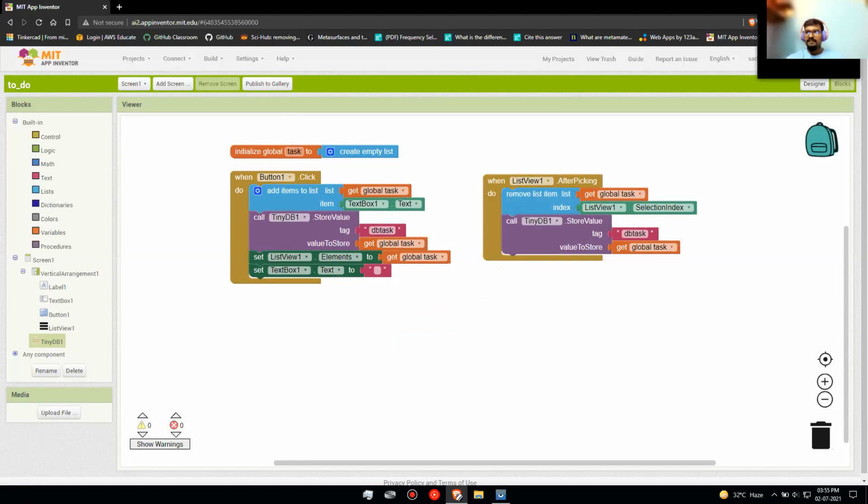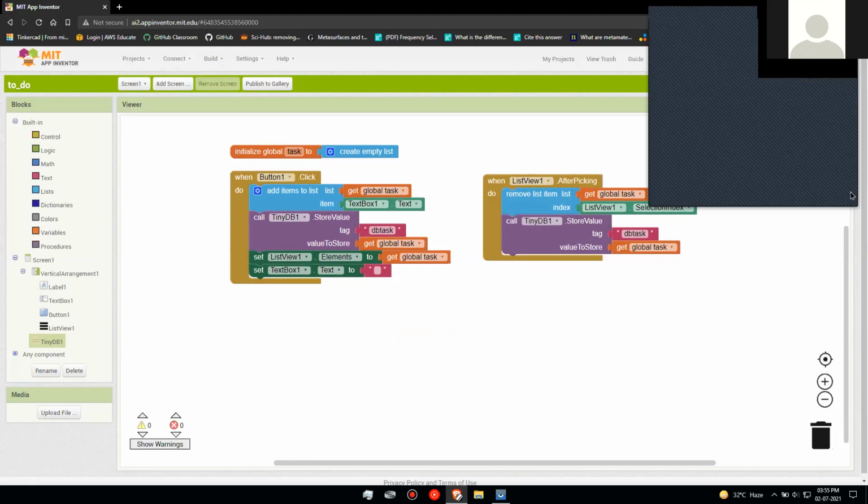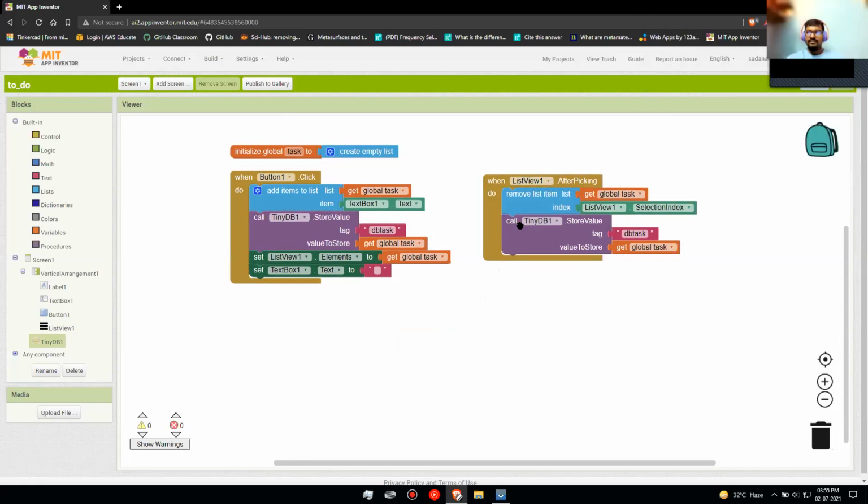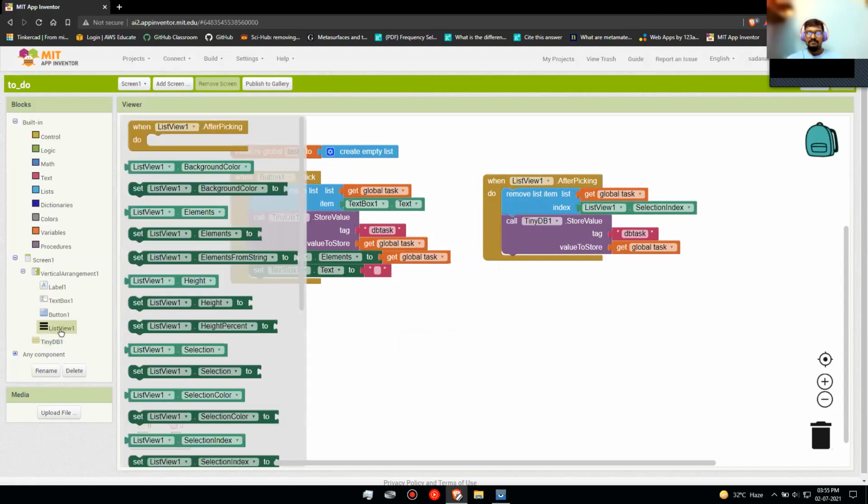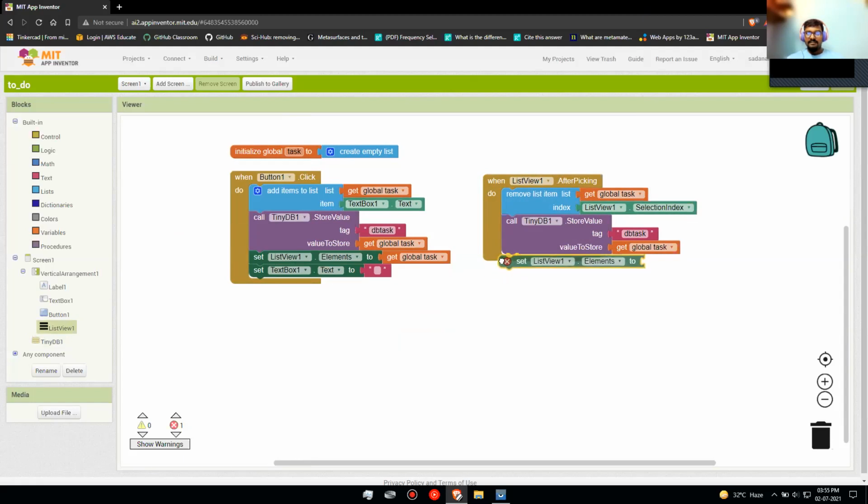So is everyone able to do this? Yes, Saurabh. Yes. So now next we want to display the updated list. So again go to list view and then set list view dot elements to get global task. List view 1, right? Yes, List view 1.